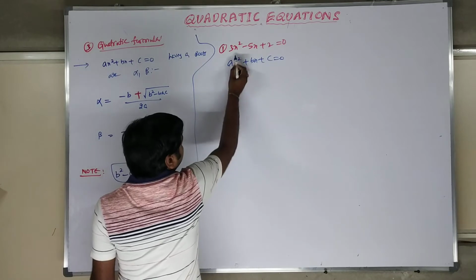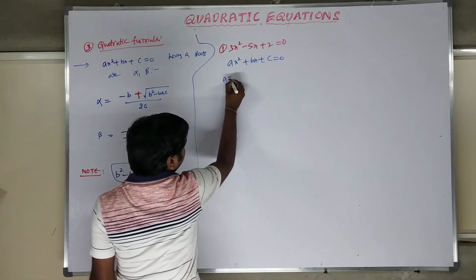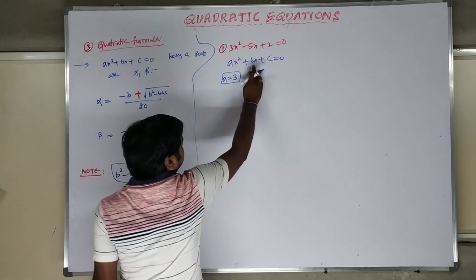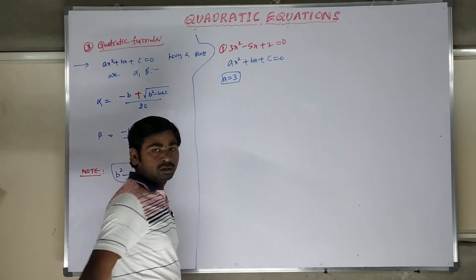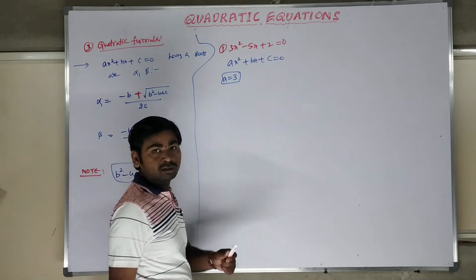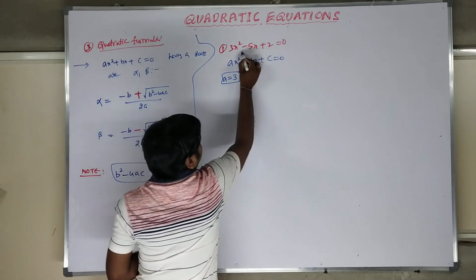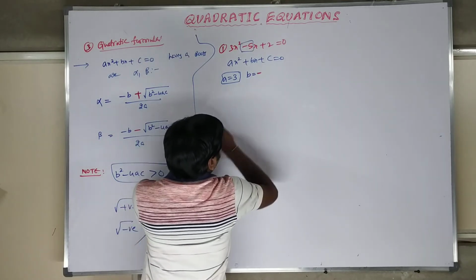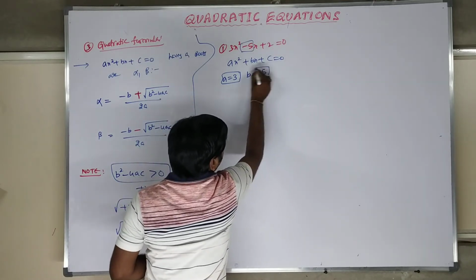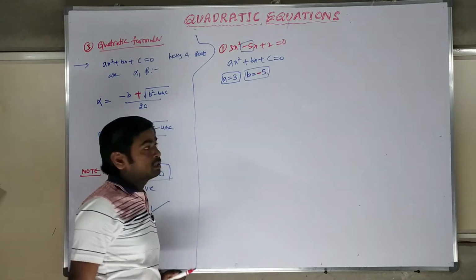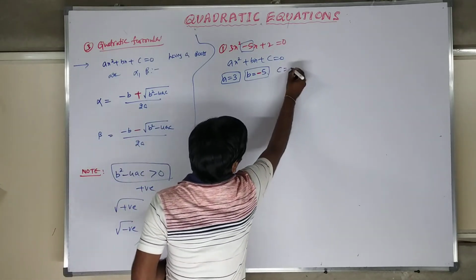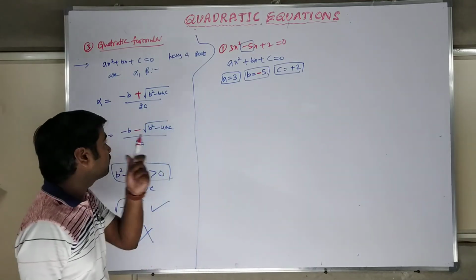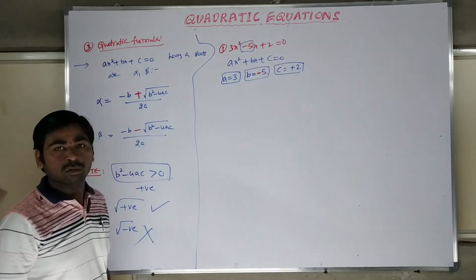So a is the x square coefficient, which is 3. So a is equal to 3. Very important. Next, b is the x coefficient. How much is it? Some people say 5. 5 is wrong; you must include the sign. The x coefficient is minus 5. So b is equal to minus 5. Including the sign, you should take it into consideration. Next, the c value: plus 2, nothing but 2. Plus means no problem, minus means you should take care. So after writing a, b, c, we apply the formula.